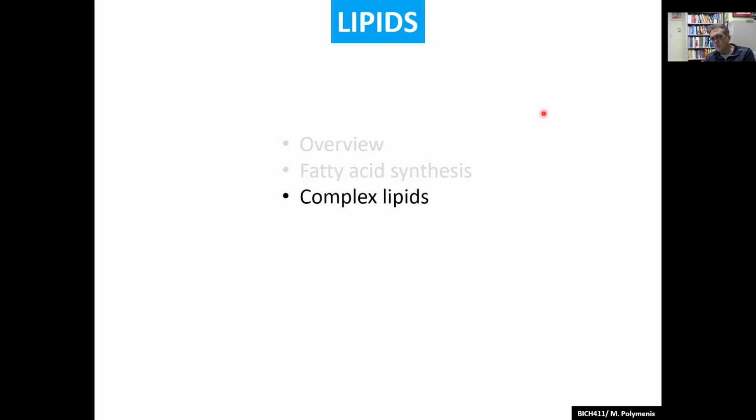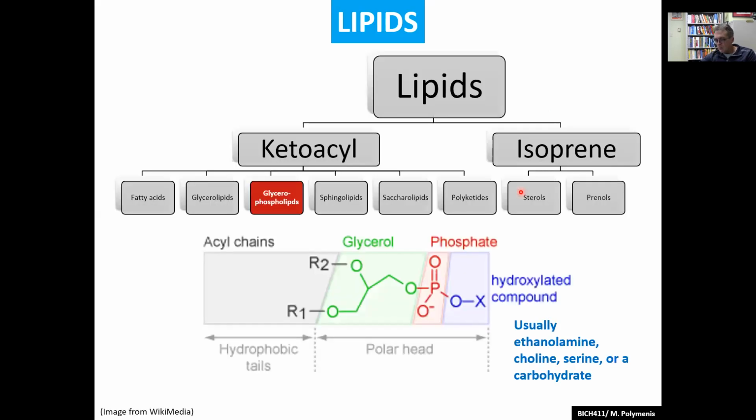The point we had made in the previous videos is that lipids are very complex, so to go through all their biosynthesis is just beyond the scope of this class. But let's see some really basic ones, and I'll draw attention to specific points. So we saw how fatty acids are made. We saw glycerolipids, which is fairly straightforward. You esterify fatty acids into a glycerol backbone.